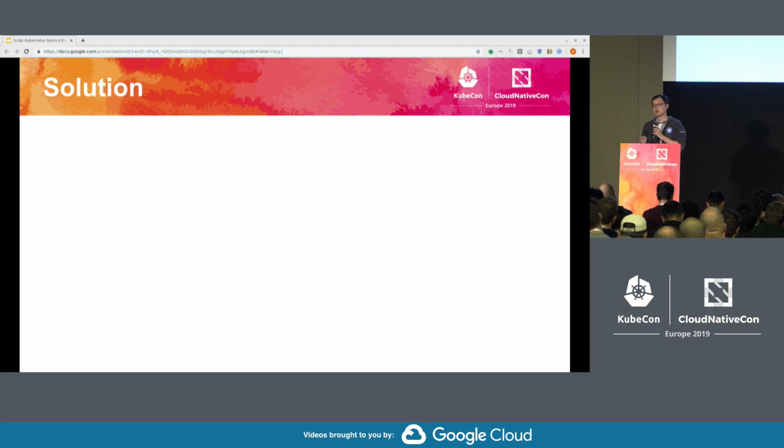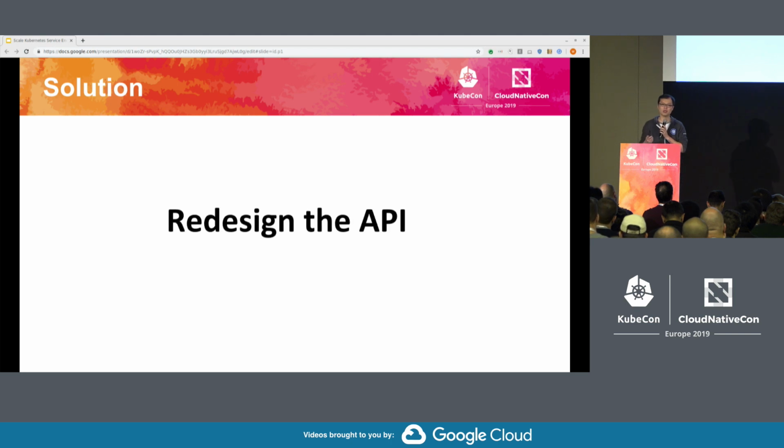We quickly realized that these alternative approaches can get complex very quickly, and they are not without downsides. So we decided that tactical changes will only help a little bit. They only push the scalability threshold a little. What we really need is something fundamentally better, that is to redesign the API.